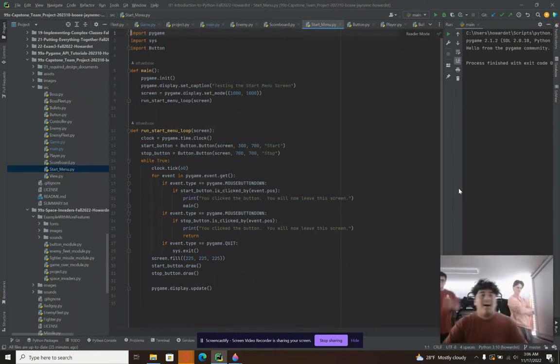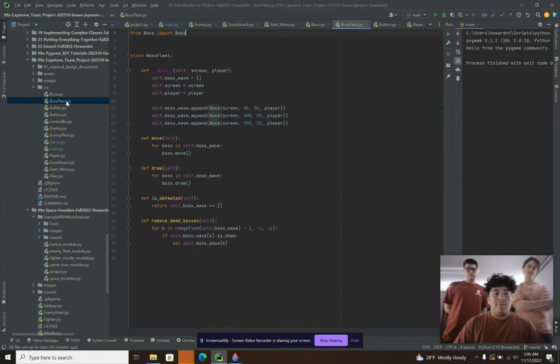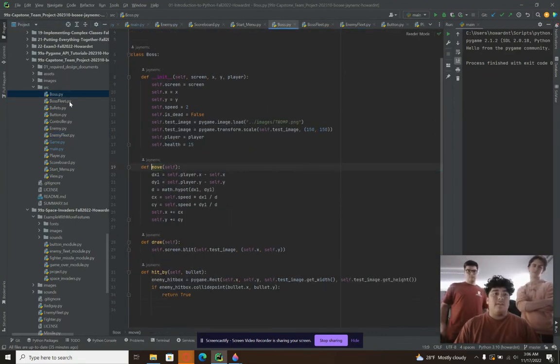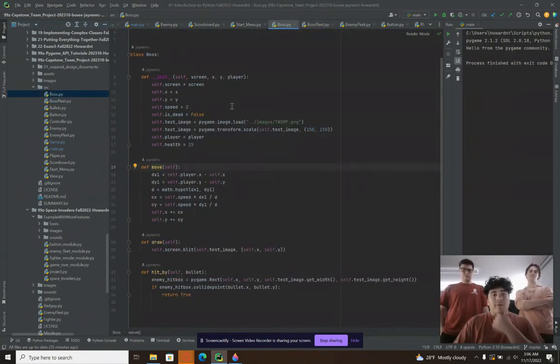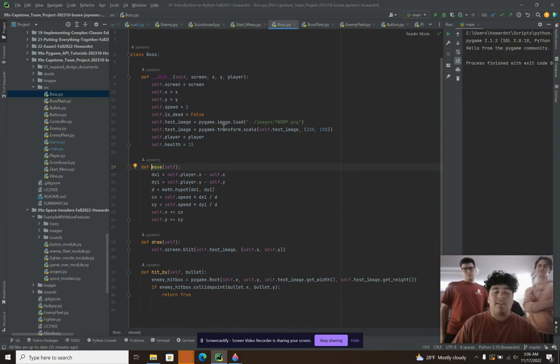Hey guys, so I made the boss and the boss fleet and the enemy fleet classes. I came to the group and decided I think we need to make this game a little more difficult. So we added the boss and the boss fleet. The boss I decided to model after the enemy class, which had some good stuff in it, and I decided to make the boss